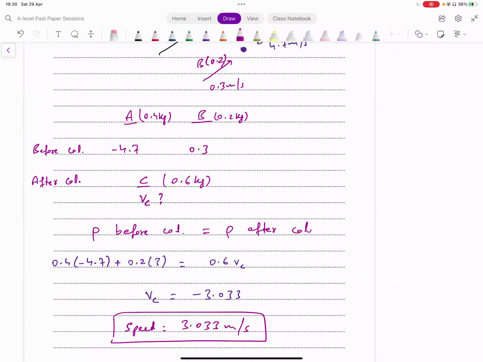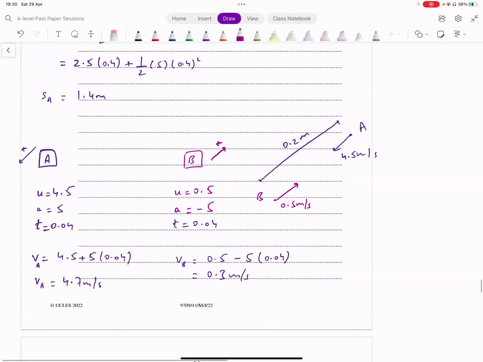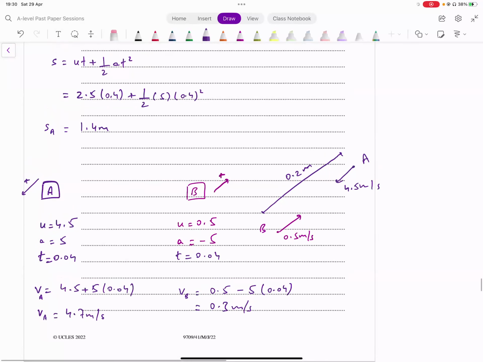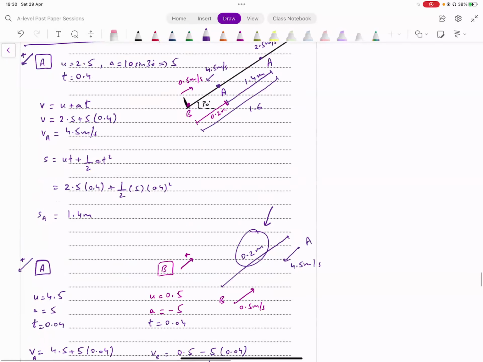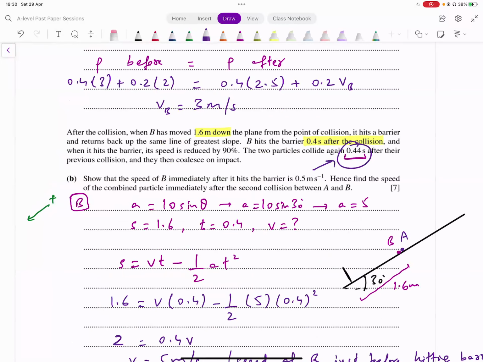Okay, that was pretty complicated. अगर आप वो वाला पेपर देखेंगे जो आप मुझे बता रहे थे अभी, उसमें भी you had something similar. Kinematics with momentum आ गया था and became pretty complicated. So यहाँ पे you could reduce your working slightly because यहाँ पे मैंने एक चीज फाइंड की है, 0.2 meters का उन्होंने कितना डिस्टेंस ट्रैवल किया before and after. It turns out we did not have to use that क्योंकि उसने एक एक्स्ट्रा इन्फॉर्मेशन आपको दे दी थी। दिस इज एडिशनल इन्फॉर्मेशन. उसने टाइम आपको बता दिया था कोलिजन का।